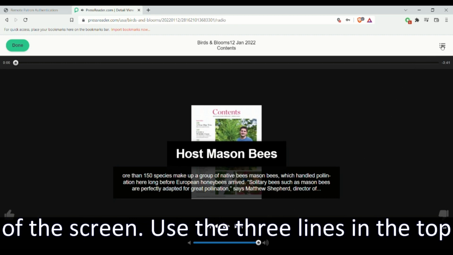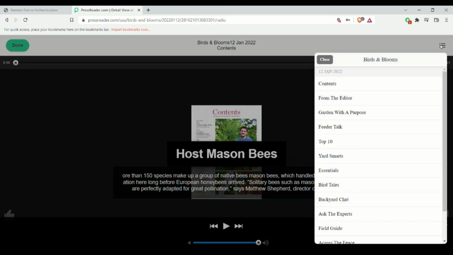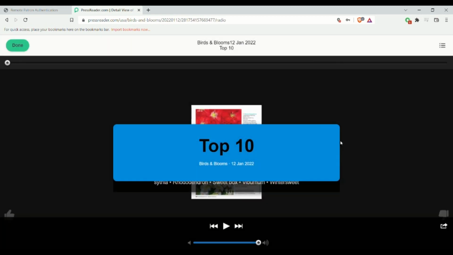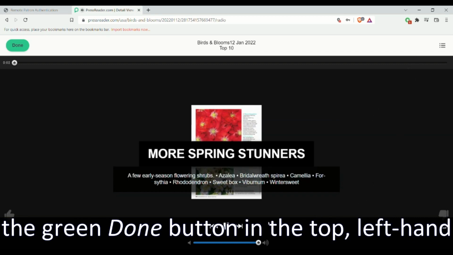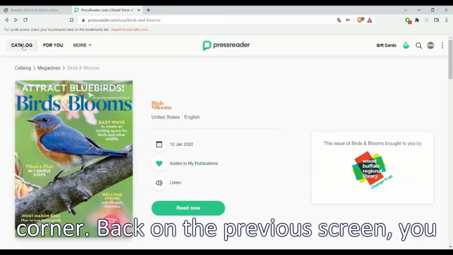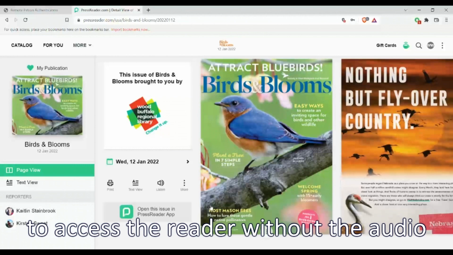Use the three lines in the top right-hand corner to jump around the publication. Return to the previous screen by clicking on the green Done button in the top left-hand corner. Back on the previous screen, you can click on the green Read Now button to access the reader without the